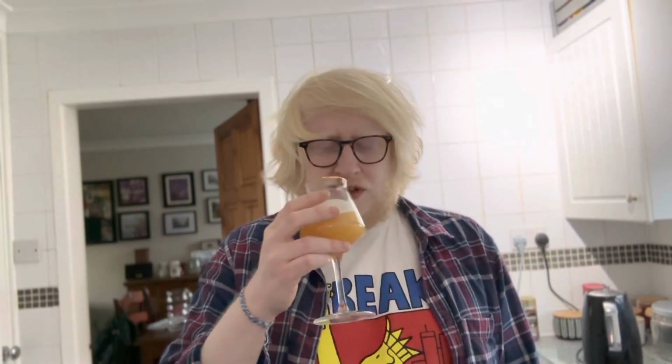And this has got the makings of the quintessential contemporary double IPA. 8%, hoppy as fuck. But it's soft, it's grounded, it's mellow, but in the best possible way. And it's just so satisfying to drink. And I think Beak have done an absolutely phenomenal job with this double IPA. They really, really have. The body on it is just...